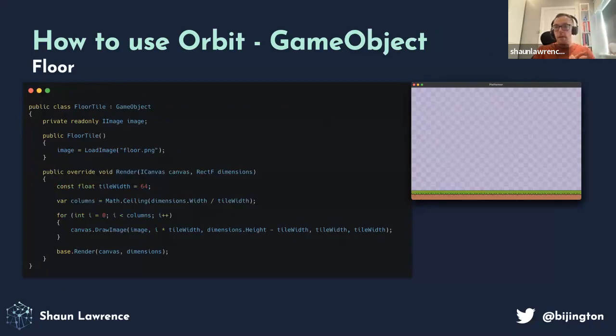And then our final item is to render a game object. A game object, as we mentioned, can represent any single object in your game. I've got a couple of examples here to show off what we can do. In this first example, we're just going to represent a floor section. I think FloorTile in the class name is probably poorly named. FloorSection would be better, because then we could in theory even render floors in different places, and therefore make it so that the user can move between them and jump across.